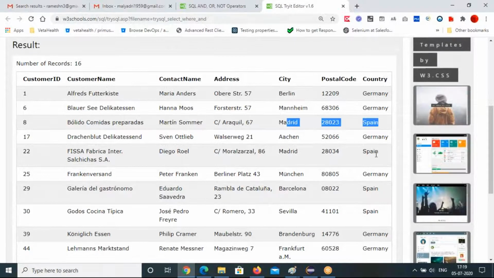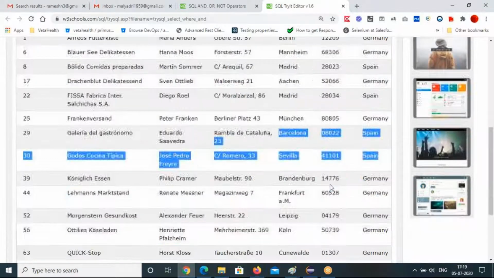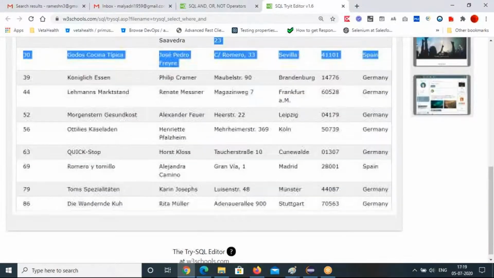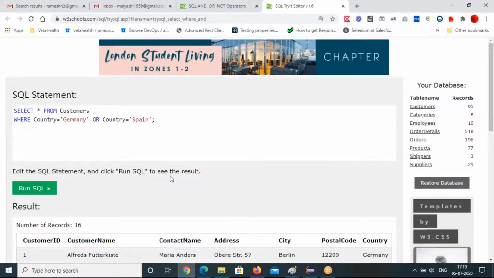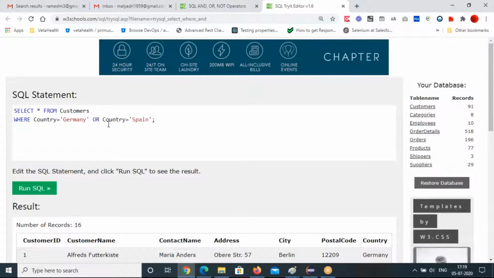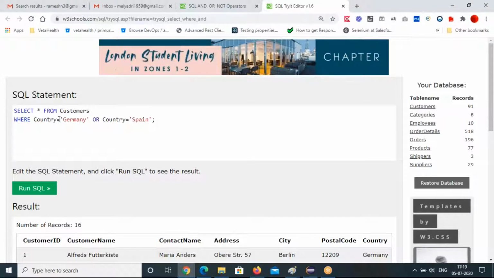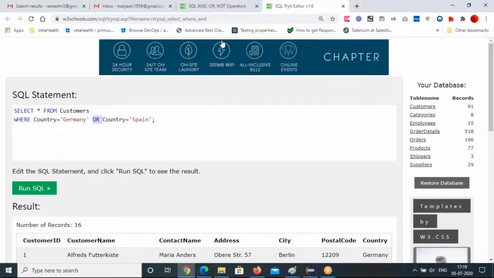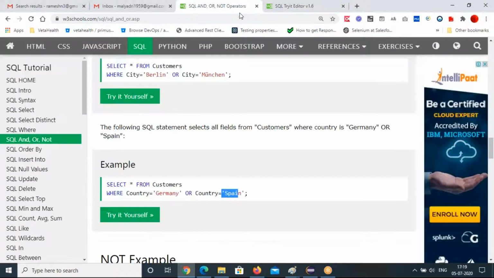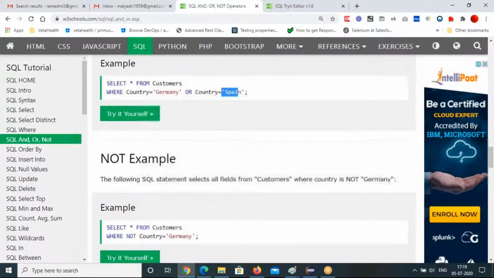Spain related and also Germany related, both you are getting. So that's how you get it with the OR operator. If you want both countries' data, then you can use the OR operator. Right? That is the OR operator.